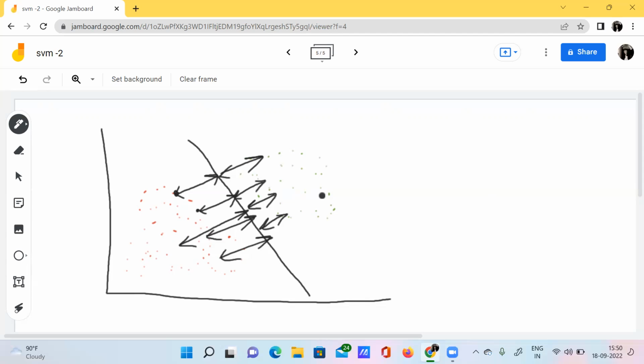I'll calculate the distance of each of those data points present in both of the categories to the hyperplane.